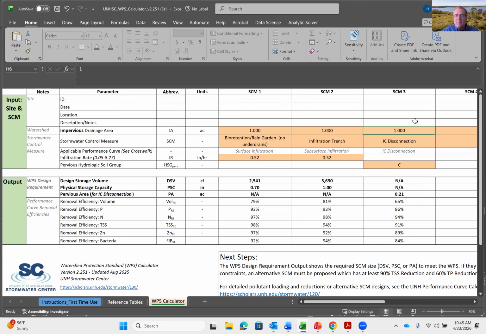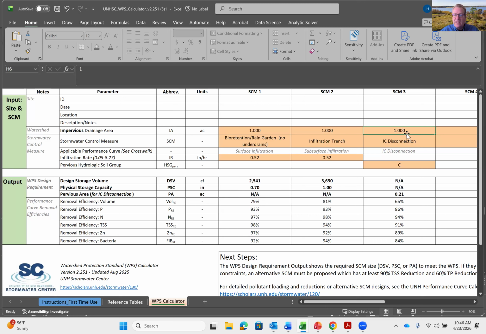So in this case, you have 1 acre of impervious, and what the calculator is telling you is if you're using impervious cover disconnection, you need at least 0.2 acres of pervious area to meet the watershed protection standard. So 1 acre of impervious to 0.2 acres of pervious.